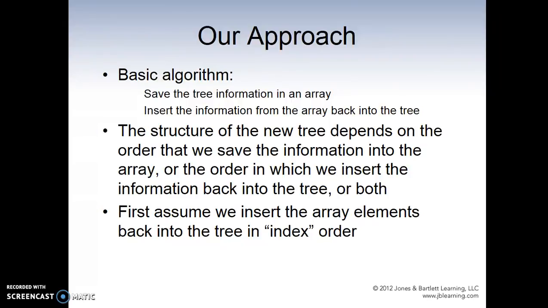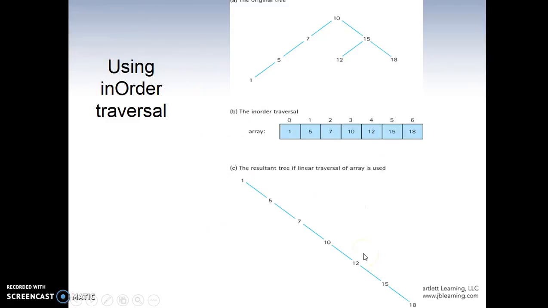The structure of the new tree depends on the order in which we save information to the array, right, because we know that if we make it in order, it's not going to be a balanced tree, or the order in which we insert information back into the tree. So first assume we insert the array elements back into the tree in index order. So using in-order traversal,